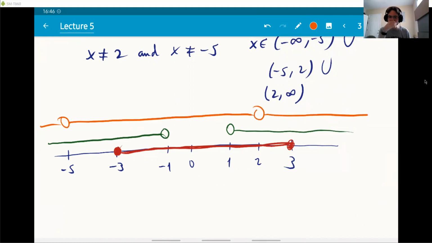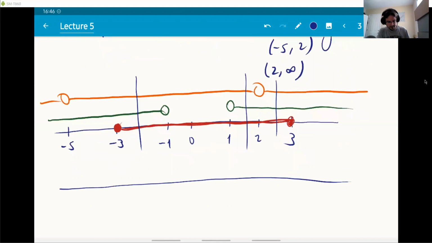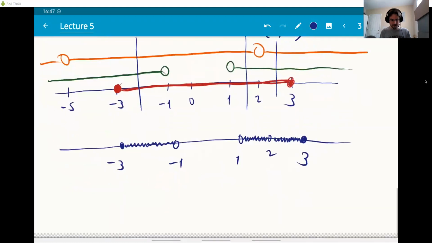Now we want to put all three together. You want all three to be satisfied. And so basically look at the places where all three are happening. You see that it looks like this. You can have -3. You cannot have -1. And then you start again at 1, but you cannot have 2. And that's about it. You cannot have the number 2 or 1 or -1. You can have 3 or -3. This is the only place where all three are satisfied. So in interval notation,